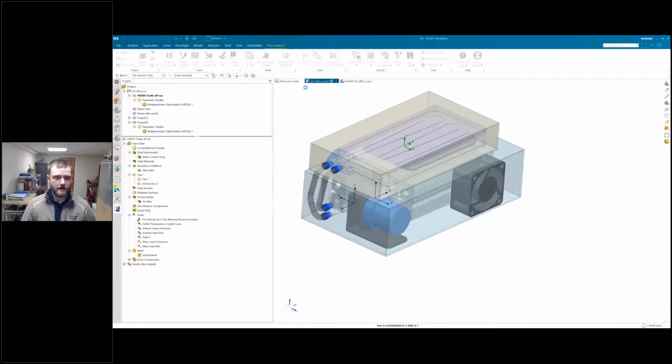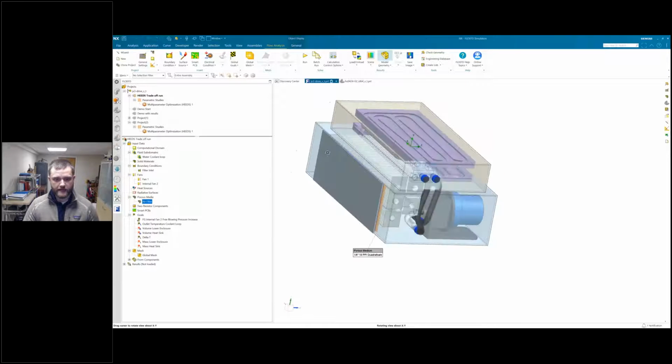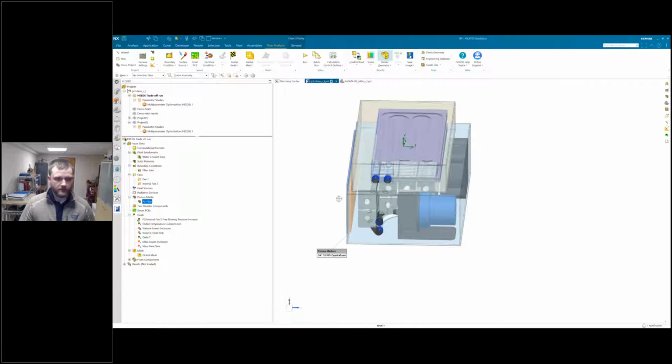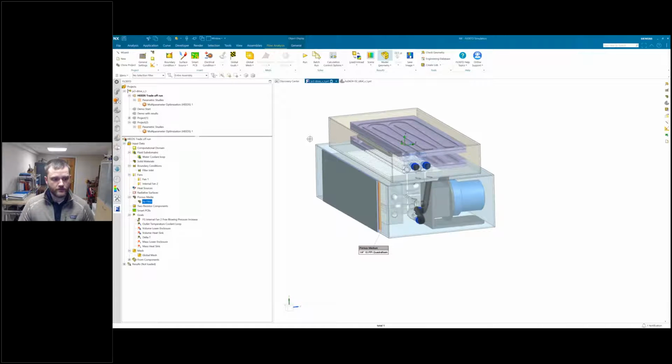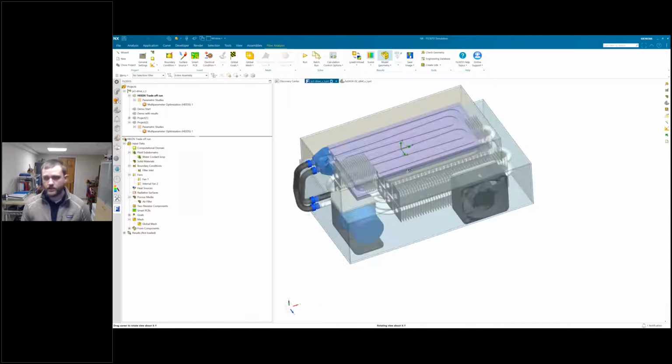So we have those defined. You can see though here, we don't have any heat sources yet. We don't have any radiative surfaces. We do have this air filter, which is porous media for the inlet, which is kind of important because that's going to definitely produce a pressure drop and restrict the flow a little bit, but it is necessary for the design. But from here, one of the things that we'll want to do is use the EDA bridge to